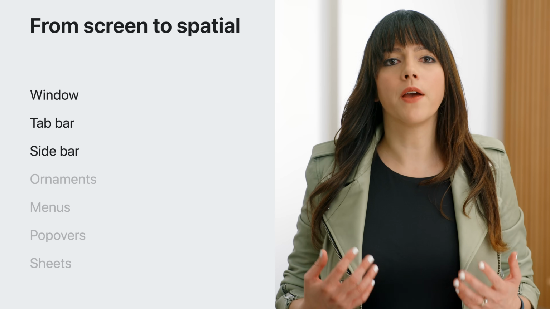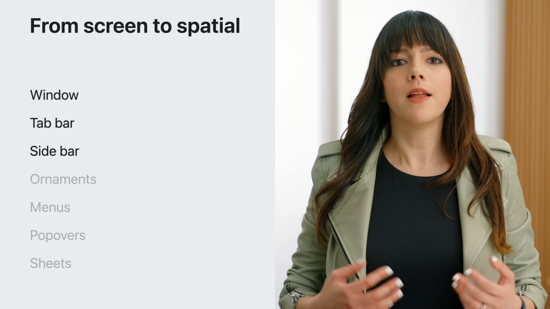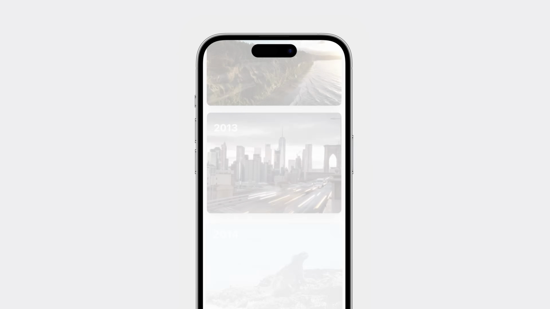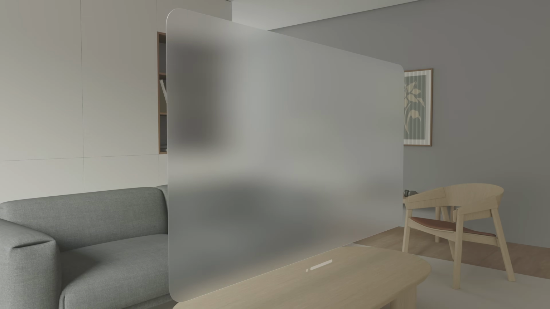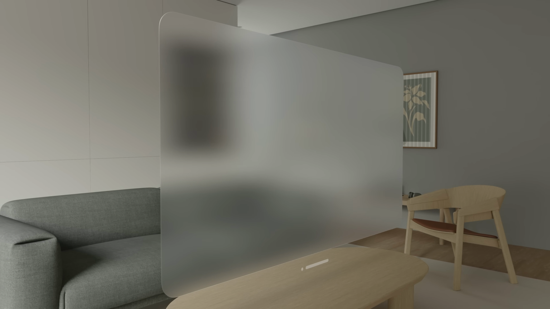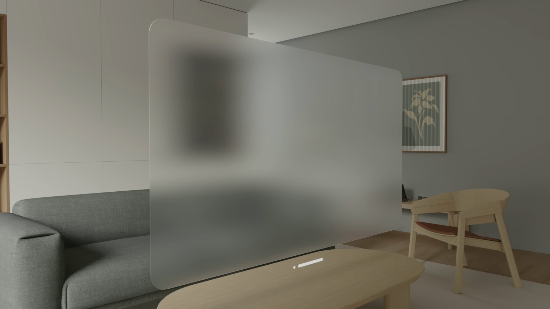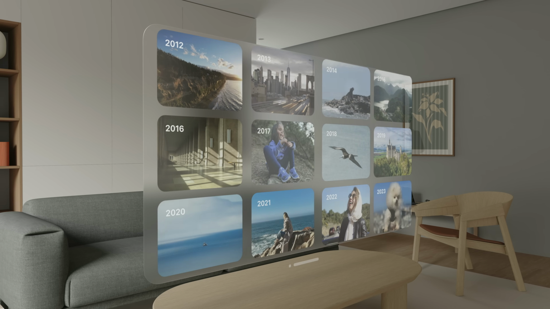If you're familiar with iOS, many of the components in this platform will look familiar to you. Let's begin with a window, tab bar, and sidebar. Let's start with the core structure of an iOS app. You need a window, which has an opaque material and provides the canvas for all elements to sit on top. As Mikel said, the window is made of the glass material with a window bar below that allows people to move your app fluidly in their space. Similarly, on top of it, you'll have your content.